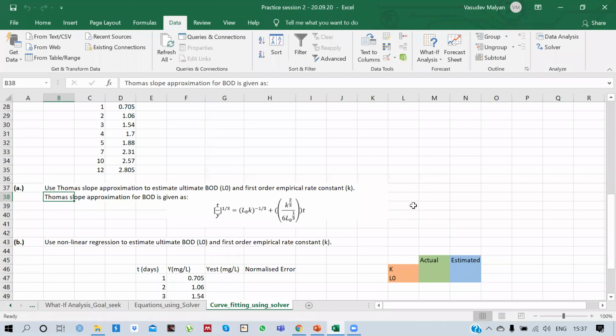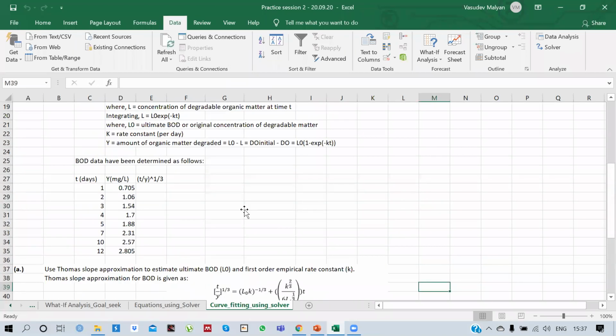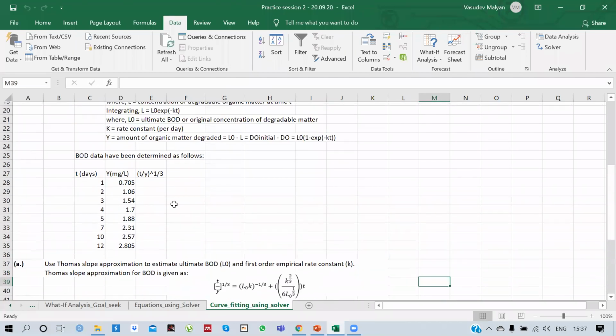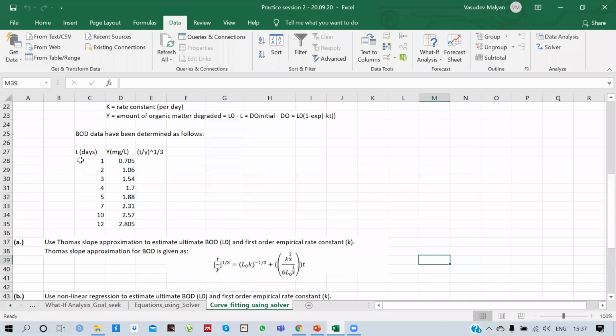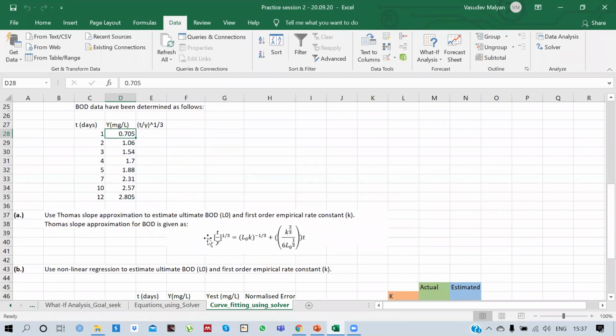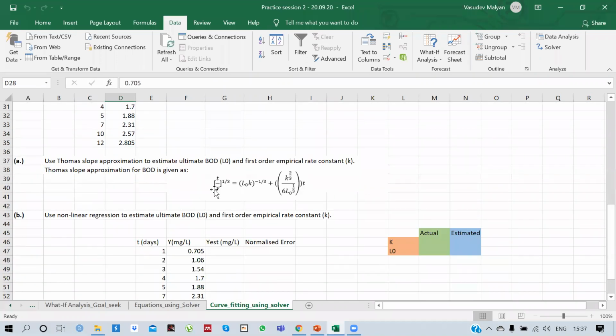So can you do a linear curve fitting using this data, using this equation? You have this data of time and Y. Now you have to do a linear curve fitting using this equation. So does this equation look familiar in some manner?